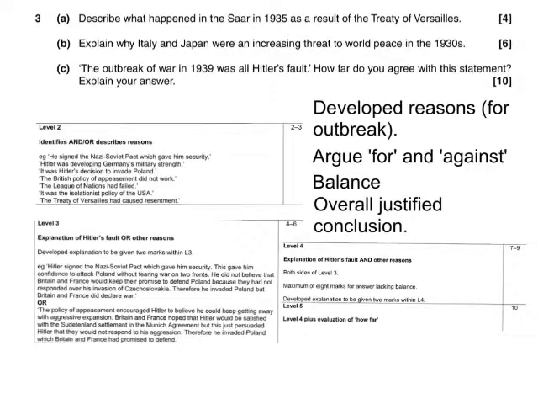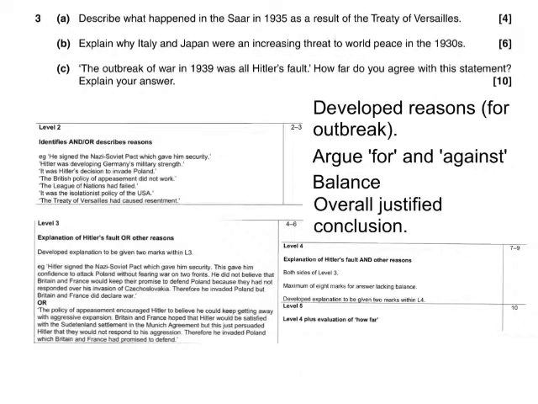Okay, and justified here, I'm talking about the fact that I need to convince the examiner I've actually evaluated. Okay, and this is a bit of a tricky one because some examiners are more generous than others at this, but I don't think you should take the chance. I think you should make sure that you are stating more than just what you've previously stated. Okay, don't tell me that the main reason was Hitler's fault, but then just state the reason why as the same as one of these earlier paragraphs. Okay, I'm not actually stating why it outweighs another one.